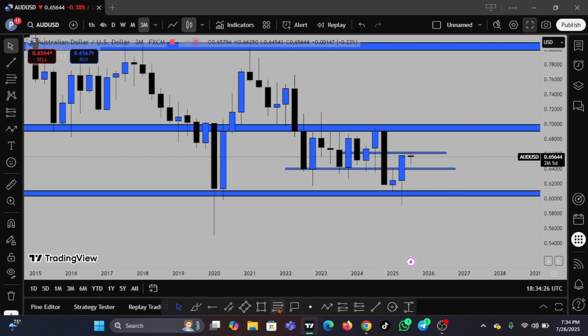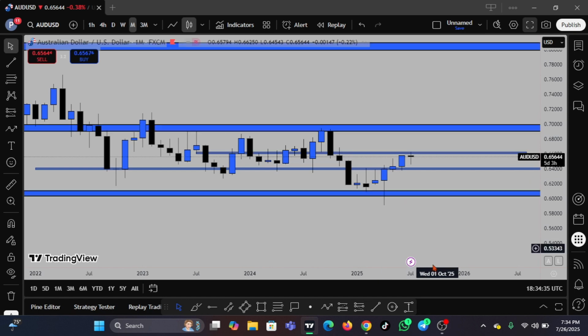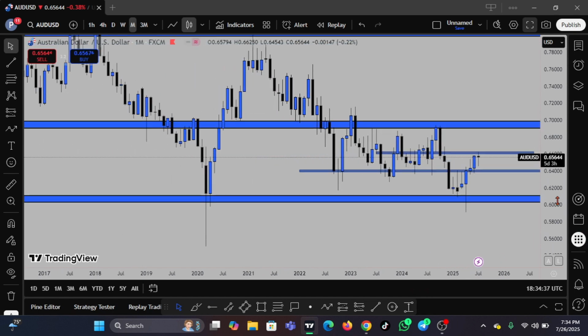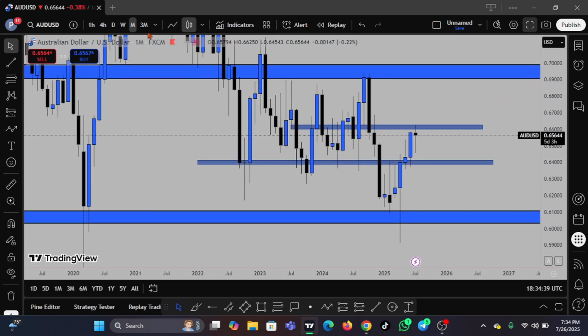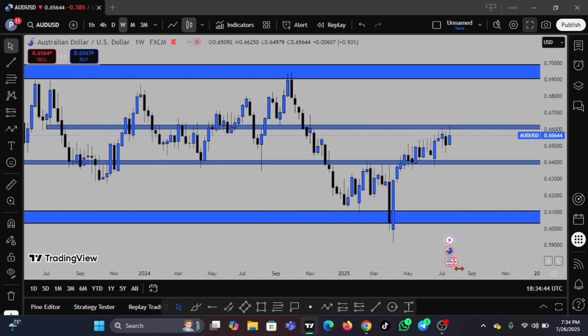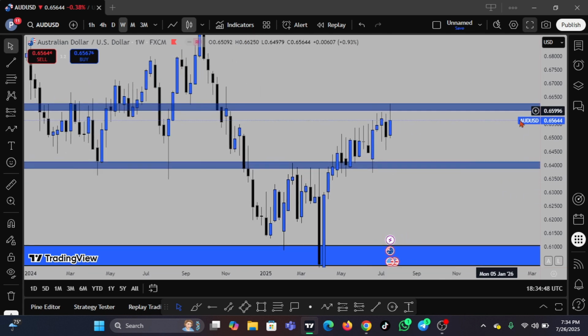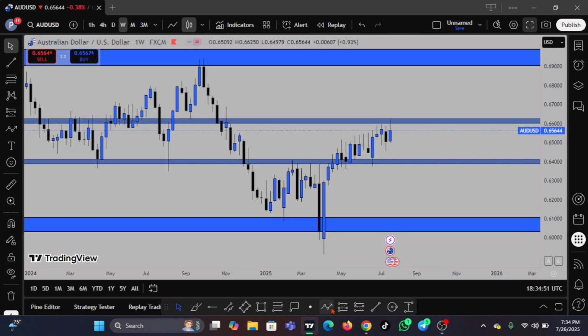Same thing if you bring your Fibonacci from the top to the low, you can see price in between the 618 and the 79 region. So let's narrow down to the monthly chart to see. On the weekly chart, price has gotten into a minor resistance level, which is likely to hold price. Even if this price is still going to go up, I'm expecting a deeper retracement. All of this movement is a push, a bigger swing.